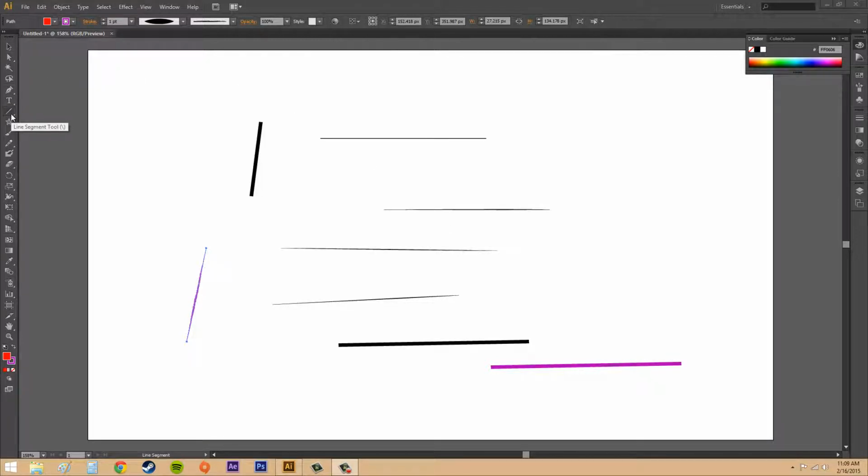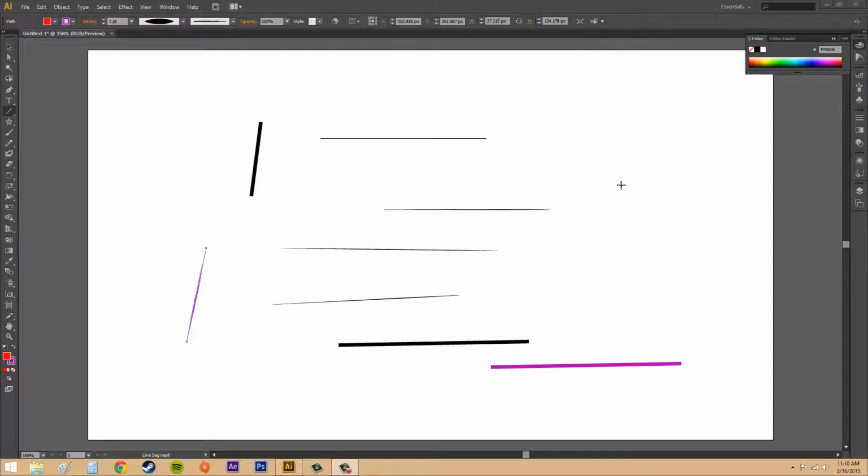Now, the line segment tool is over here on the left. And the hotkey for it is the slash, and that's usually right above your Enter key and right below the backspace key on the keyboard. So that's the hotkey for it. And the line segment tool is good for drawing perfectly straight lines, and you can make them in any direction. You can drag your mouse, or you can click to manually input the length and the